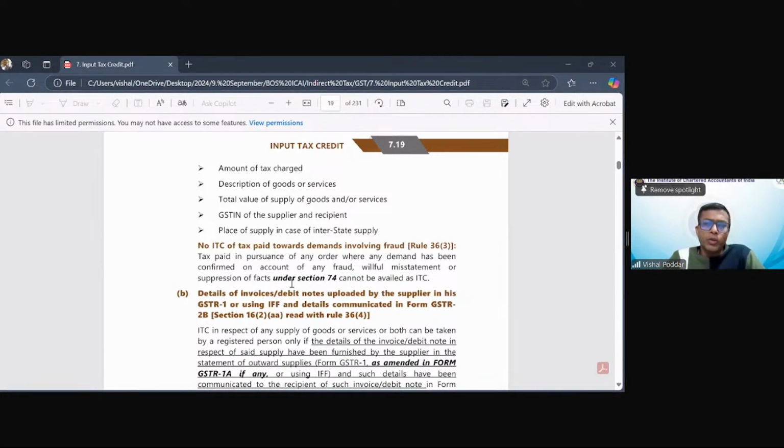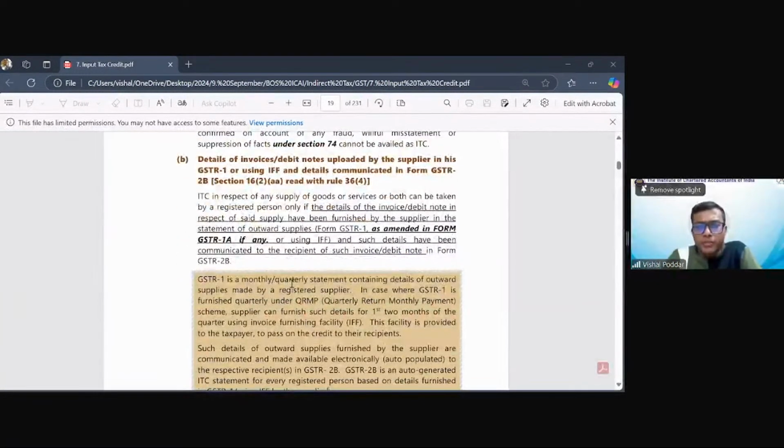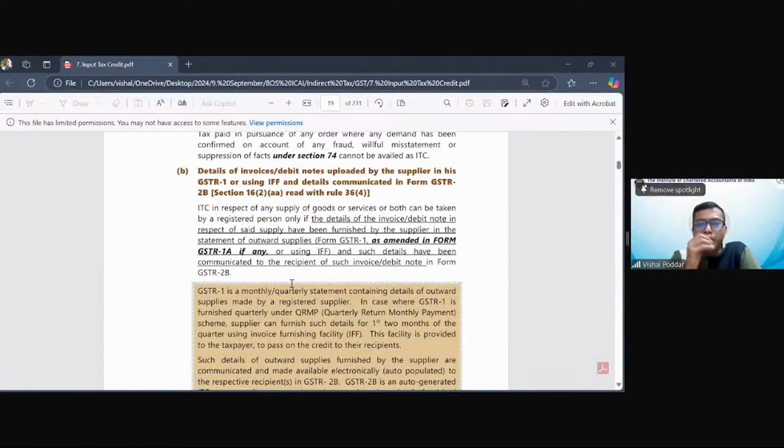So let us say you have received the goods and service, but for the time being you do not have the invoice. So until and unless there is an invoice, you cannot take the ITC. Now the invoice may be in physical form, the invoice may be in electronic form. That makes no difference. Correct? But what is saying GSTR 2B? What is its role? That we are coming to. That is my second condition. Fine.